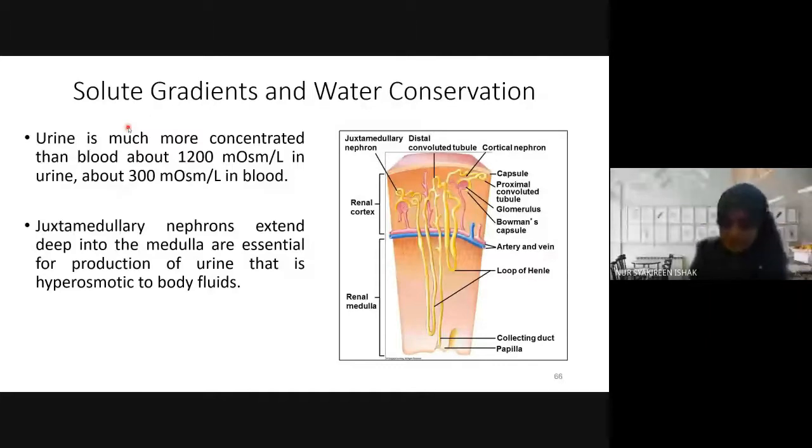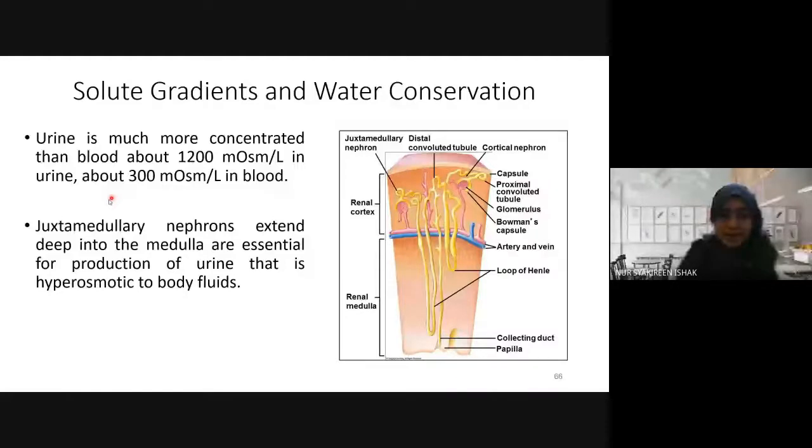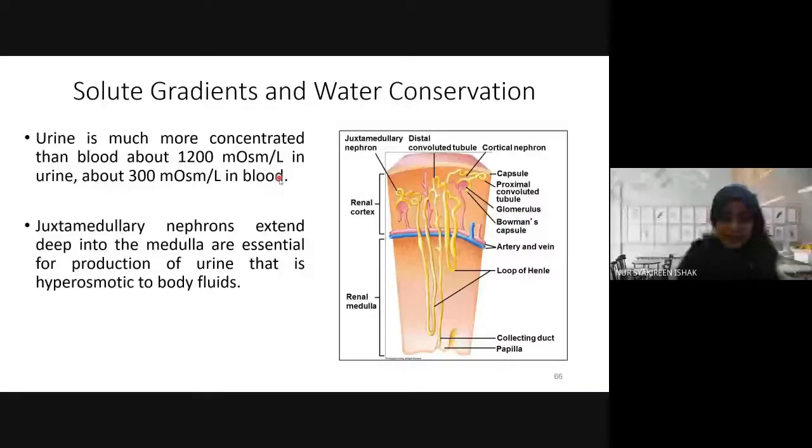Okay, so solute gradients and water concentration. So it says here, urine is much more concentrated than blood, which is about 1,200 milliosmol. This is when you are producing a very concentrated urine. Okay, hyperosmotic urine. So the blood concentration kat sini is around 300 milliosmol. So this is the concentration of blood. This is the concentration of urine. Okay, tolong betulkan balik. Letaklah full stop kat sini. Urine is much more concentrated than blood, which is about 1,200 in the urine, and in the blood its concentration